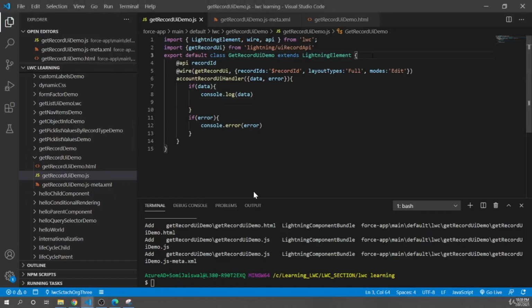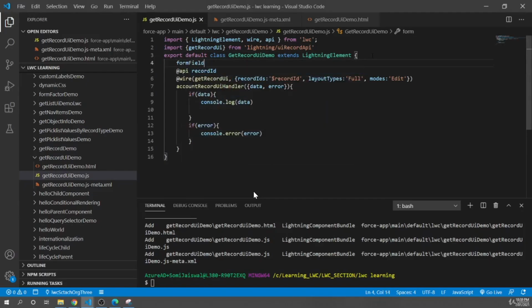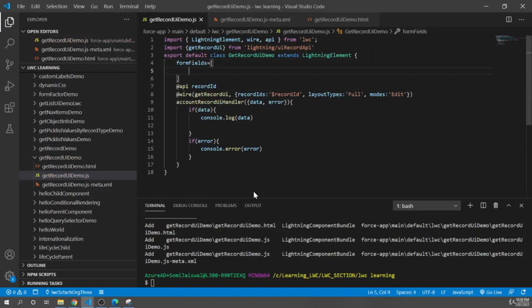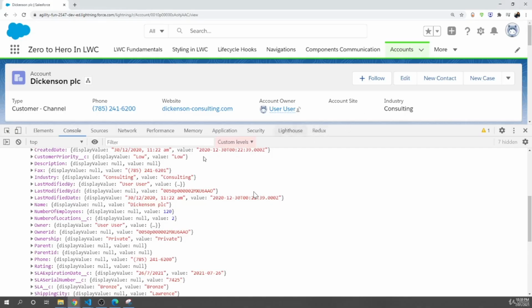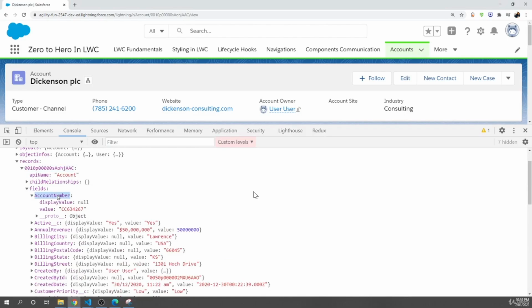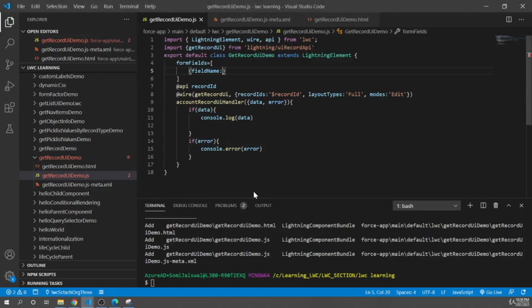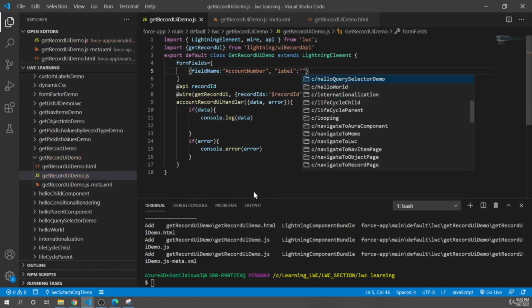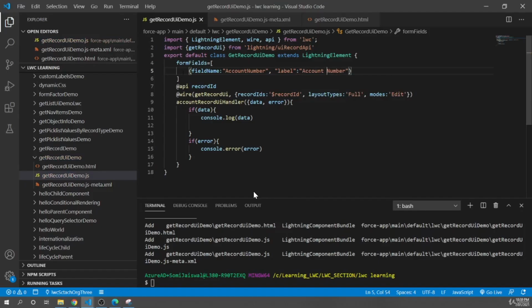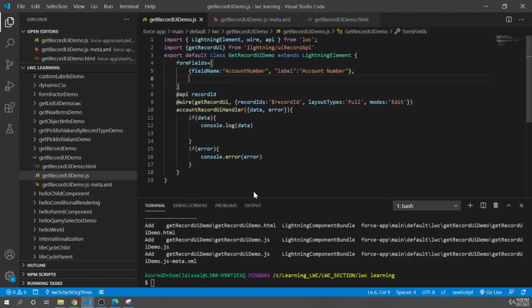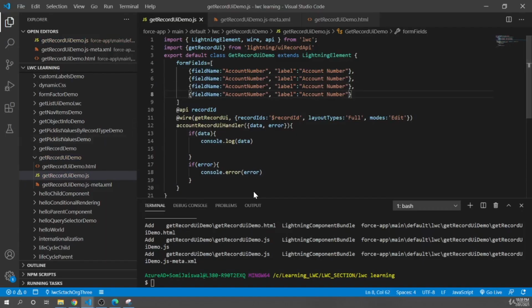So I'll say on the top form fields, and we'll create some fields that we want to pick up. So we'll say field name. Field name should be the API name. So if I go here, my field name should be account number. And on the screen, I want to show the label as account with space number. Likewise, I'll copy it 3 more times and we'll say I need annual revenue, I need name, I need phone,